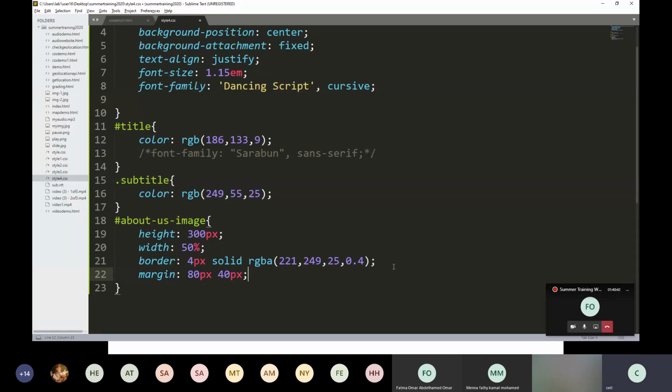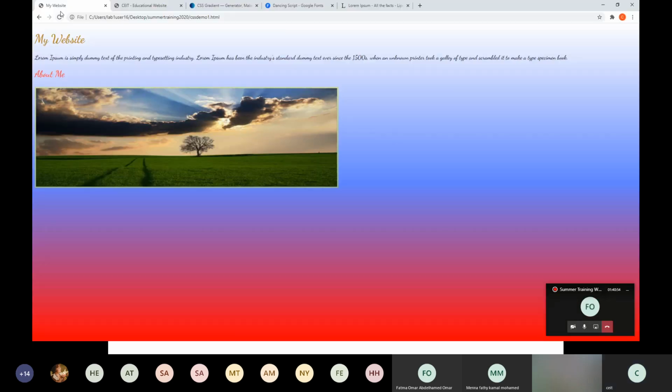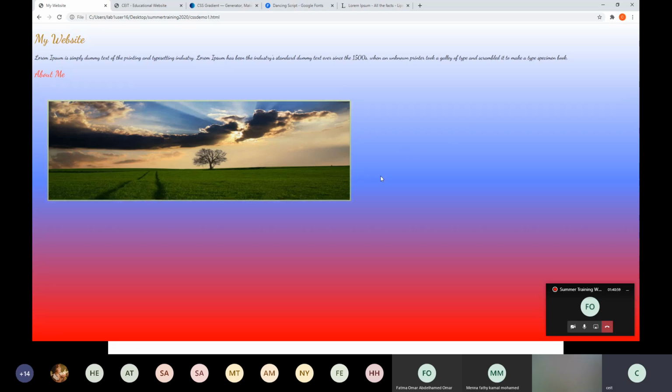If you are giving one value, suppose you are giving only 40 pixel, means from each side 40 pixel. It is not visible for you in the right and from bottom because there is no content, but from the left you can easily see that it is showing 40 pixel.